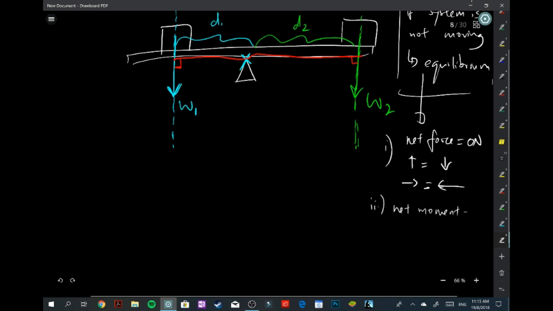Okay, I think this is a good time to remind you of the SI unit for moments, which is Newton meter. So I'm going to write 0 Newton meter. This net moment equals 0 Newton meter follows this principle called the principle